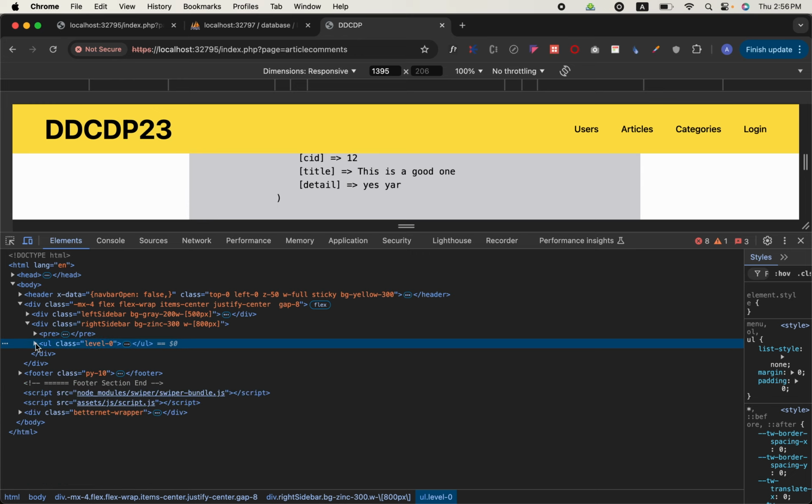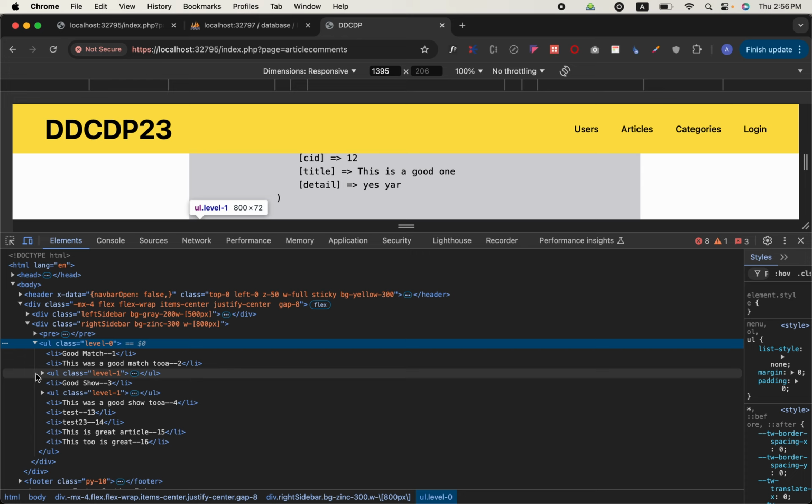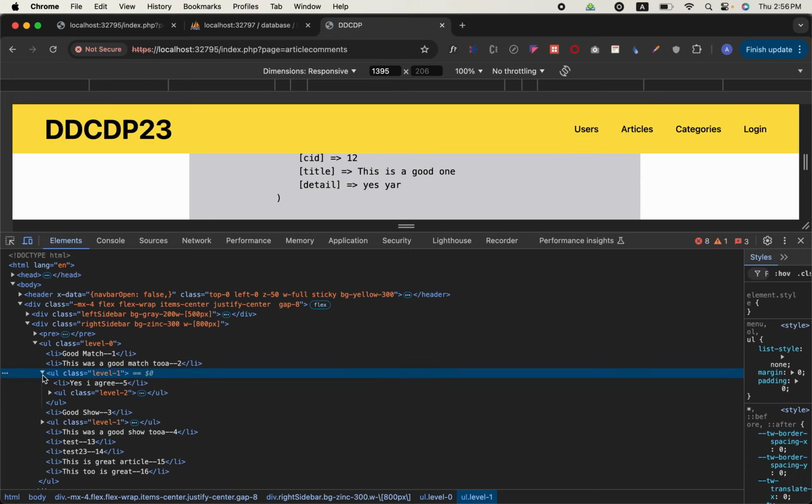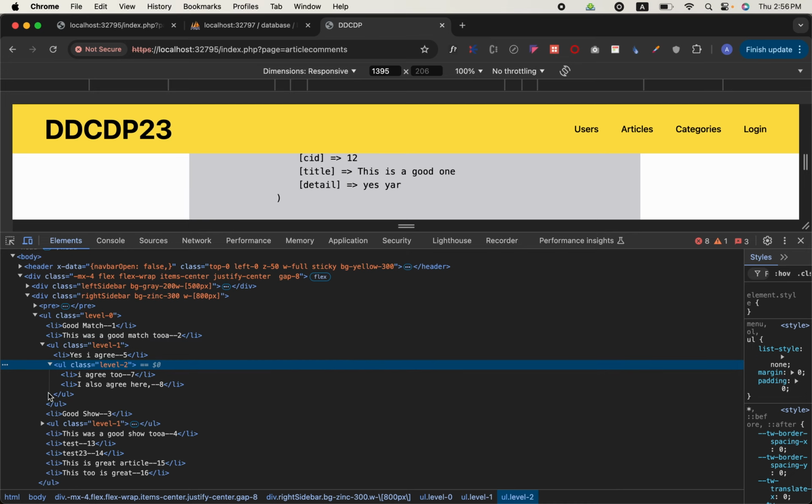The outermost is level 0, and then we have the inner ones, which have levels 1, 2 and so on. So if we give different CSS to these,